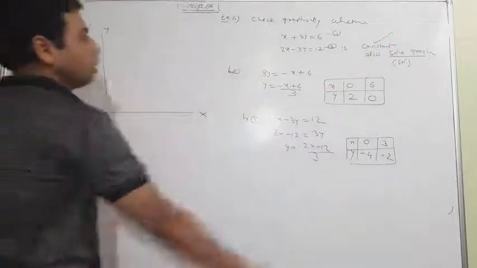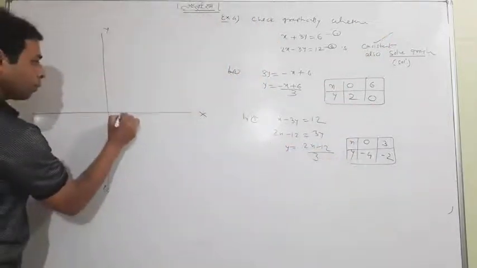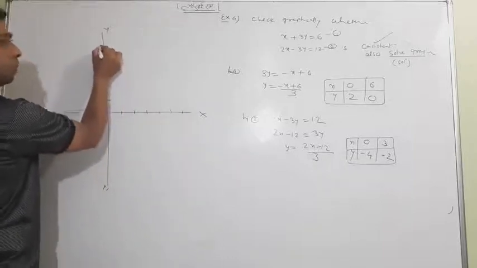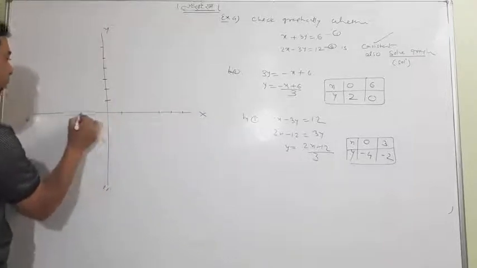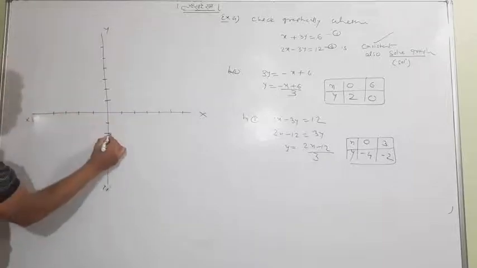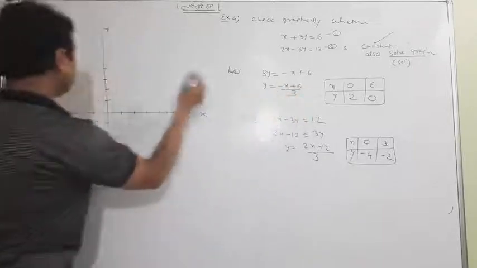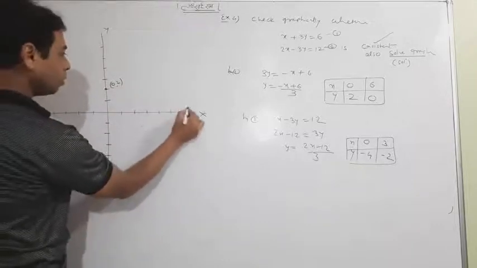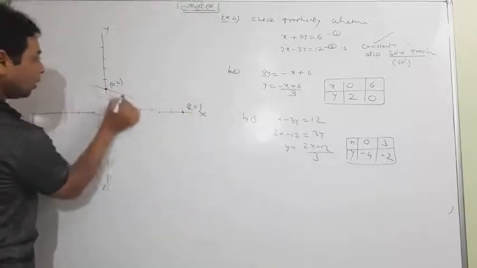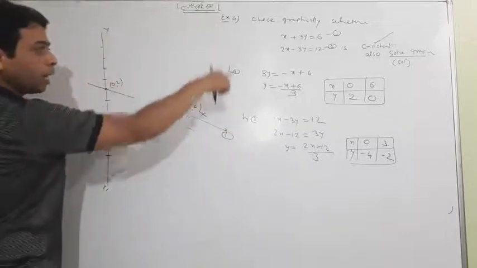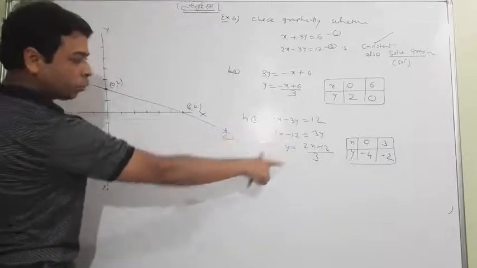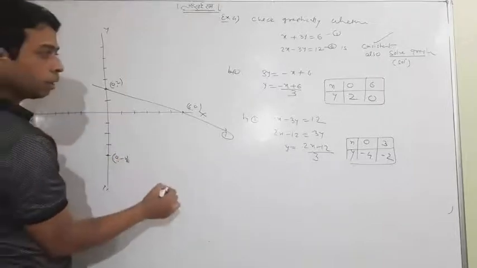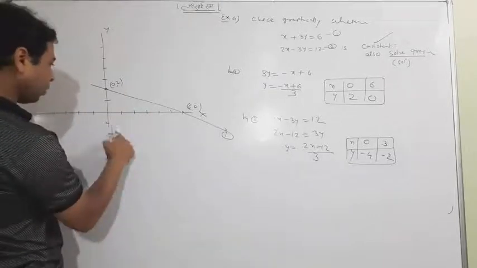Look here. Suppose 1, 2, 3, 4, 5, 6. Negative section is still available, 1, 2, 3, 4. Okay, 0, 2, where is it? And 6, 0. So this is a line, this is the first line. And about the second, 0, minus 4, here it is, and 3, minus 2. 3, minus 2, suppose here.